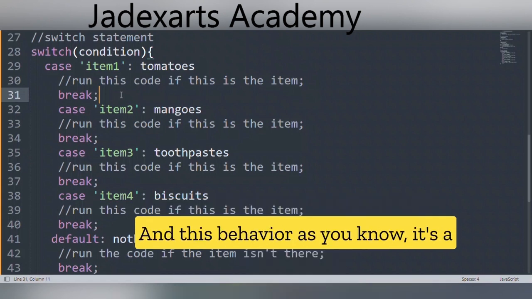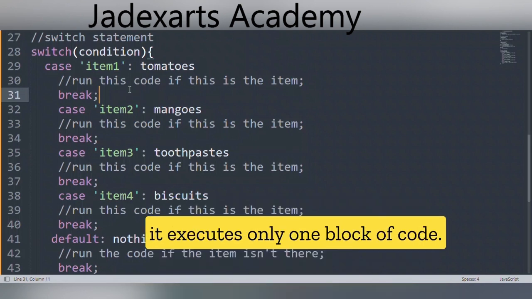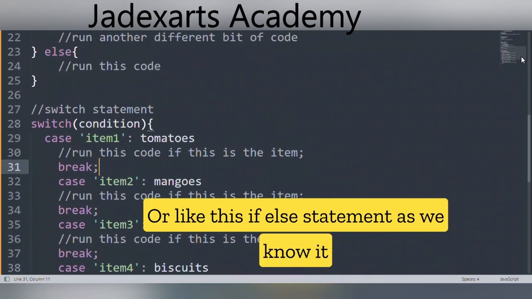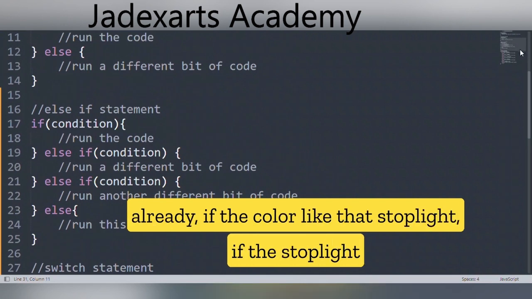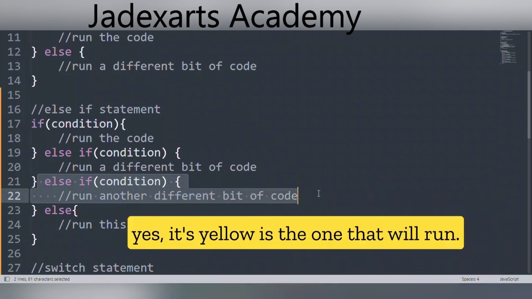And this behavior is a bit different from the if-else conditional statement, because it executes only one block of code. With the if-else statement, as we know already, if the stoplight is yellow, the code that is equal to true, that yes, it's yellow, is the one that will run.